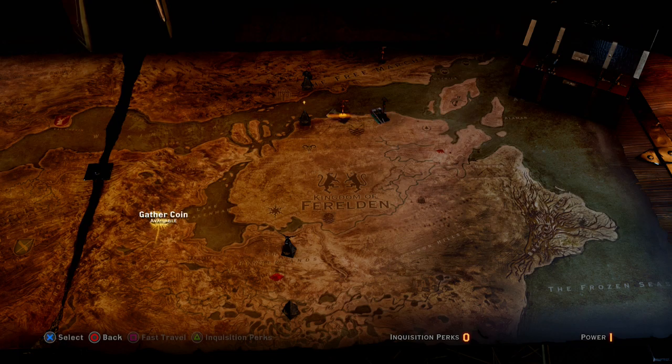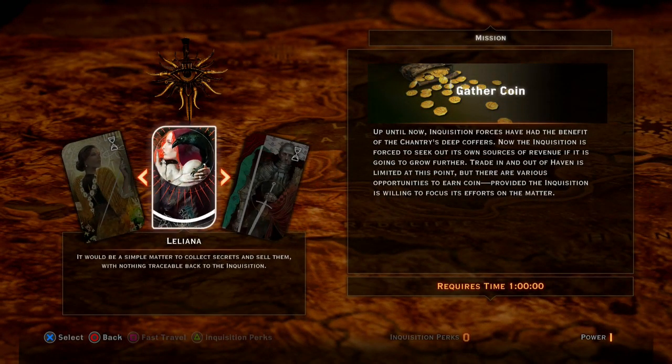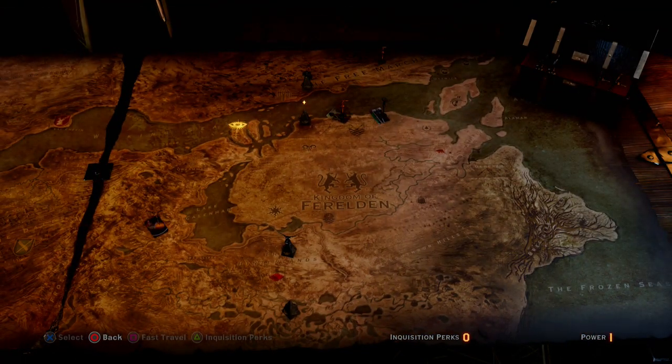Okay, I think that's all the missions. I don't see anything else. Oh, wait. I can gather more coin. This is an ongoing thing. Oh, this will take an hour. You're not fine. You're not doing anything. I'm going to put you to work. Alright, let's quick